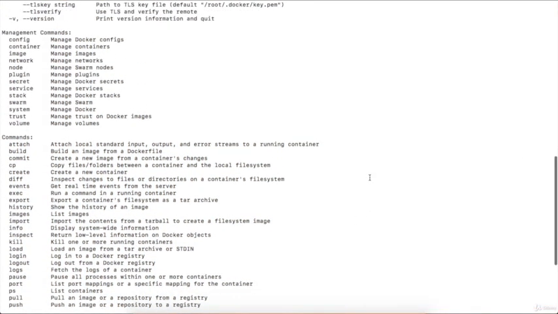The Docker community added the management commands in 2017 because there were a lot of commands inside Docker. So the Docker community realized the commands were getting out of sync. There were a lot of commands which were creating a lot of confusion. So they modified their architecture and divided the new Docker edition into two parts. First, the Docker commands and second, the Docker management commands. When I'm saying the management commands, we are getting different kinds of configuration like config, containers, images, network, node, plugin, secret, service, stack, swarm, system, trust, and volume.